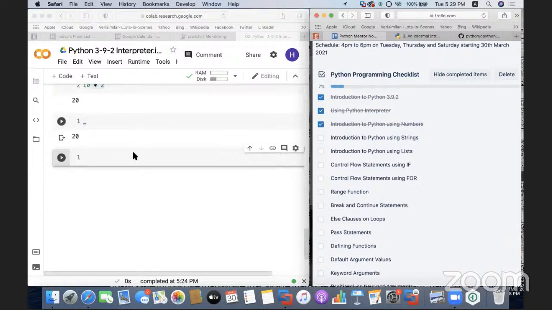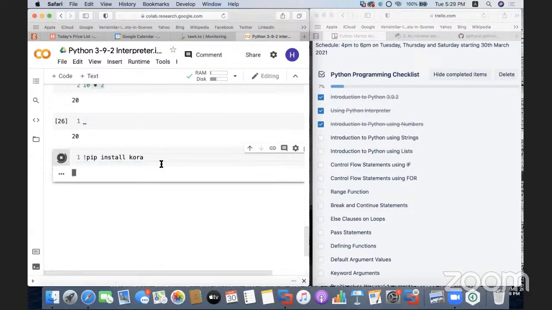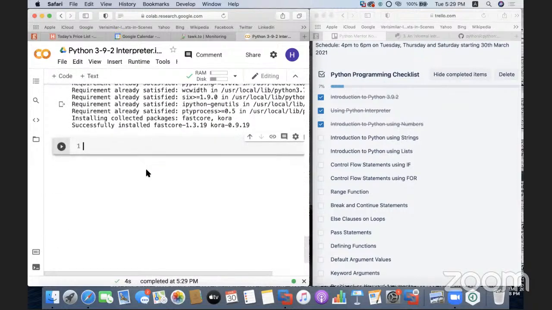So there is a library known as Quora. You can use pip install Quora. So there's a library known as Quora, and Quora is a library which can help you upgrade your Python versions, and we can execute it. I think import Quora dot